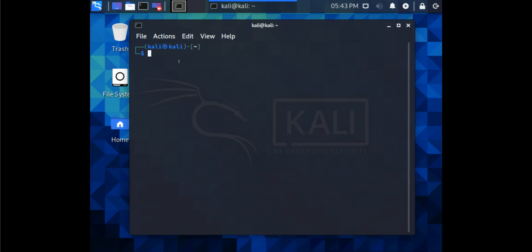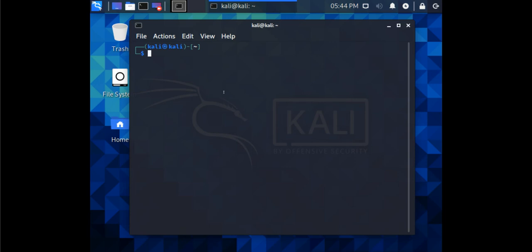Now by default the user account in this Kali Linux is kali. The username is kali, the machine name is also kali, and the password for the user is also kali. This is the default. And in this version of Kali, they have removed the root user. That means not removed, basically they have not enabled the root user. Root user is always disabled. And if we install the system, there will also be no root user. Root user will be disabled, but we can enable the root user, though that is not required.